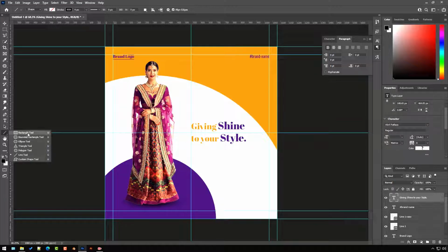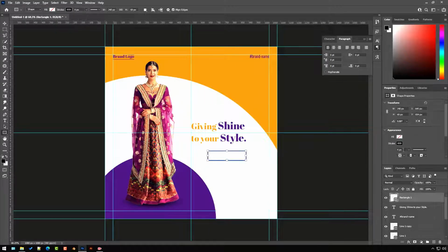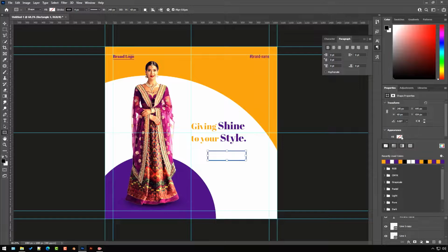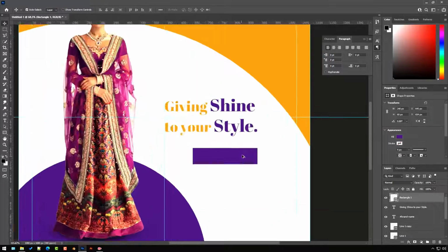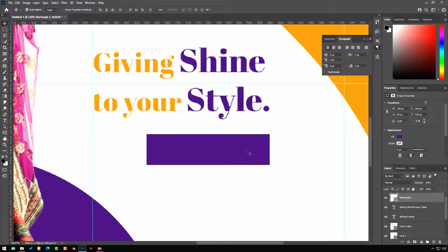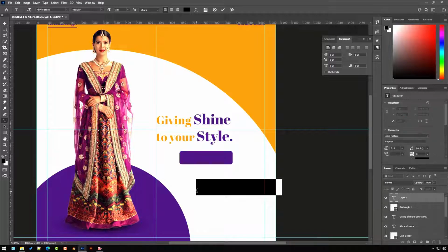Now we will create a button of size 240 by 60 pixels. We will add 10 pixel radius at the corner of the button. Now we add some text in the button.